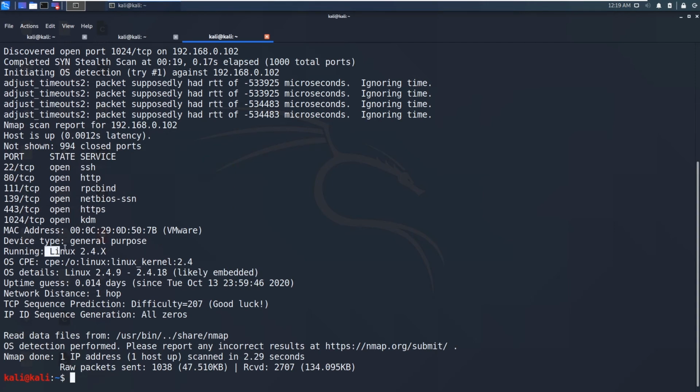It's saying running Linux kernel 2.4 something. OS details 2.4.9. It is also telling that it is likely an embedded device, and network distance is 1 hop, and that is the router.